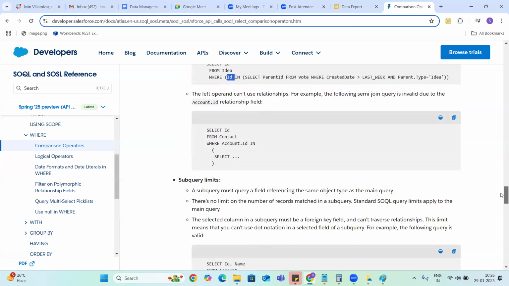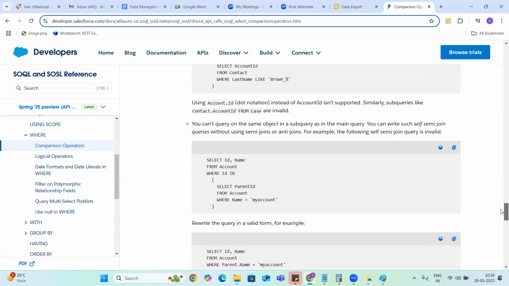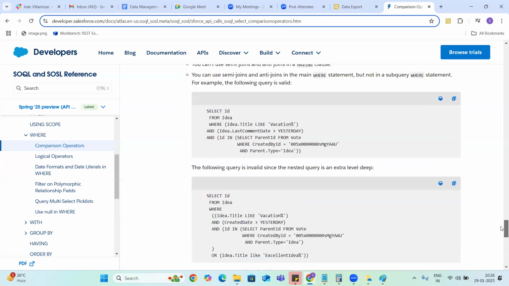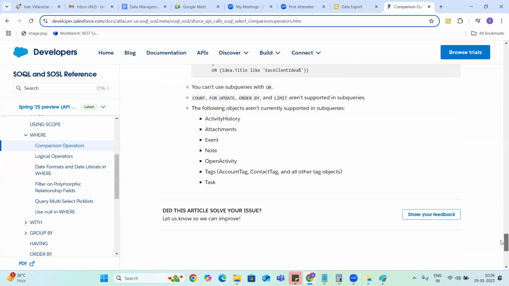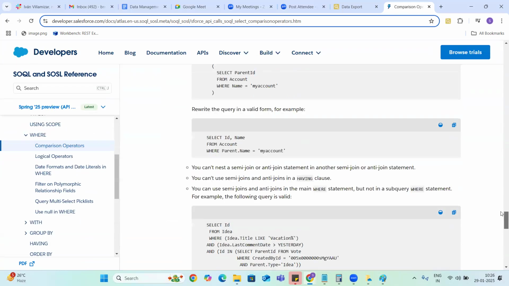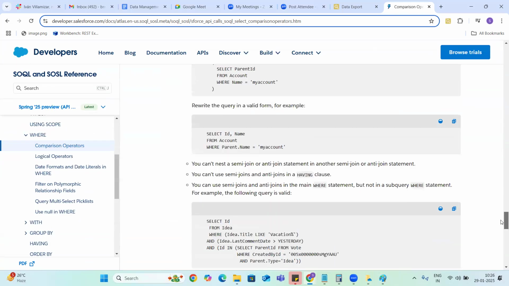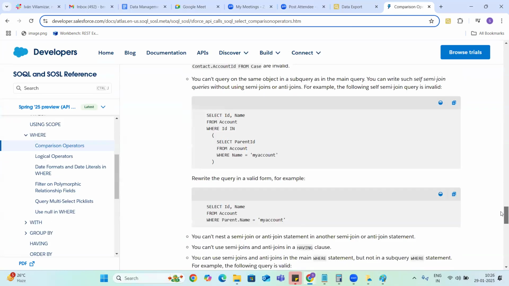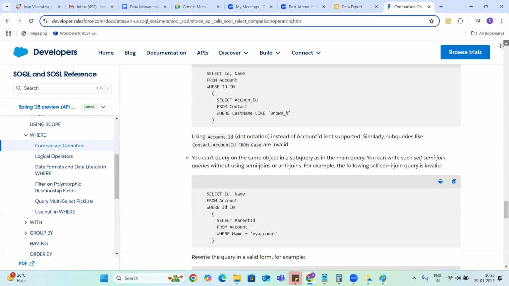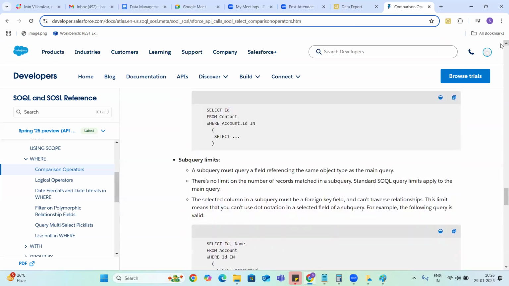But you should be aware of the limitations. They are giving different situations, guys. But if you clearly understand 4 to 5 scenarios, that is enough. But there are some limitations, guys. When you are working with join queries, there are some limitations. So you first have to understand these limitations.